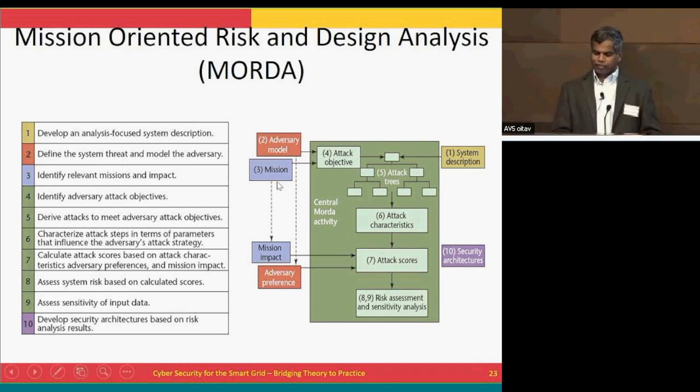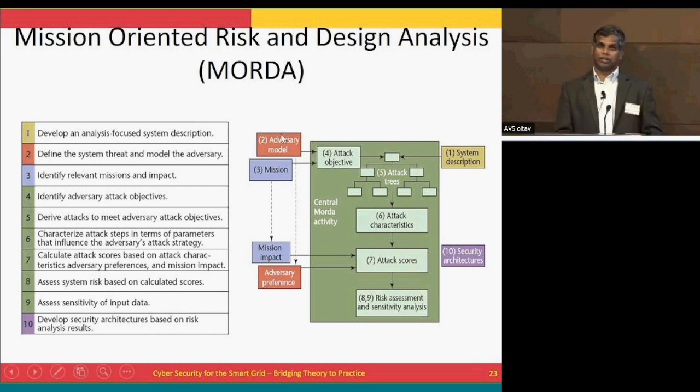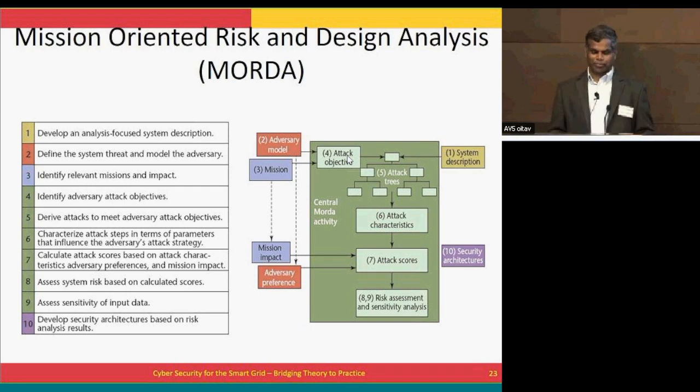That's what it says. If we look at the chart on the right side, what is your system? Which system do you want to protect? What is the scope of the system you want to protect? That has to be very well defined. Then who are your adversaries? You can't just chase every possible adversary. That's not the point. It does change, but who are your adversaries? That has to be precisely defined. Then what are the missions? What is your mission? What is the attacker objective? Still, they are all subjective things. There could be mathematical models to describe those things precisely.